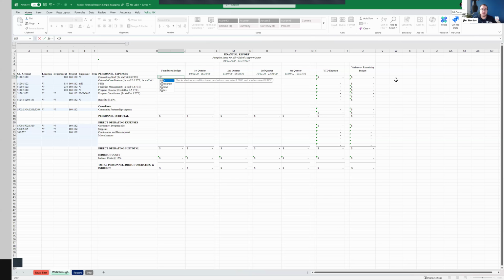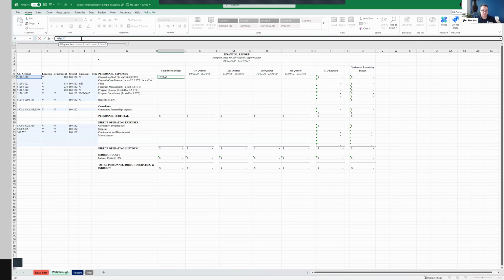For example, if my GL account, which is here in A7, equals blank, then I want to just do nothing here, so return blank here. Or actually, I'll put a 0. So make it a 0. Otherwise, I'm going to use my SI budget turnover, which we saw with Harry in his class before.